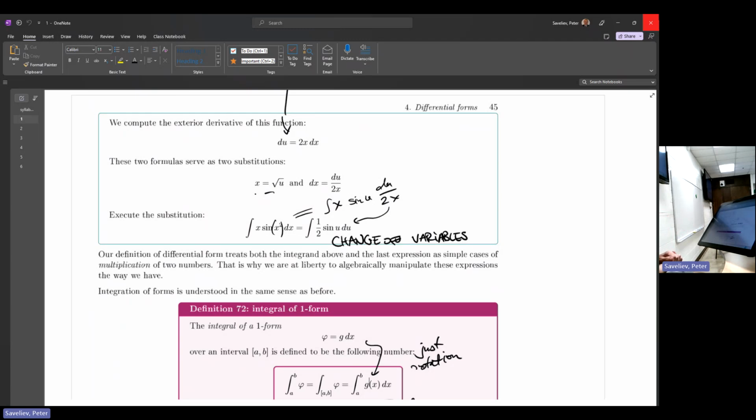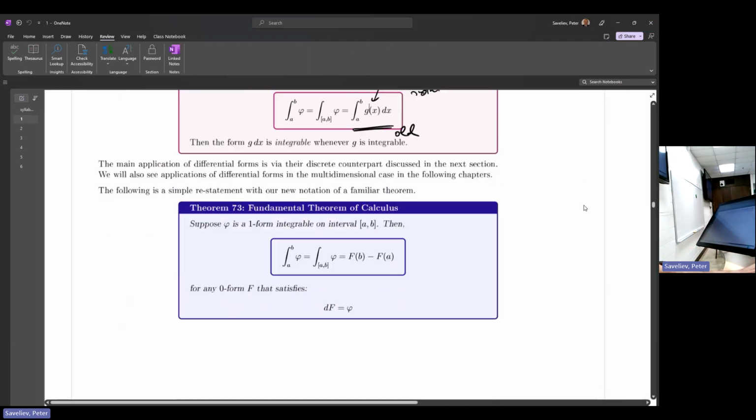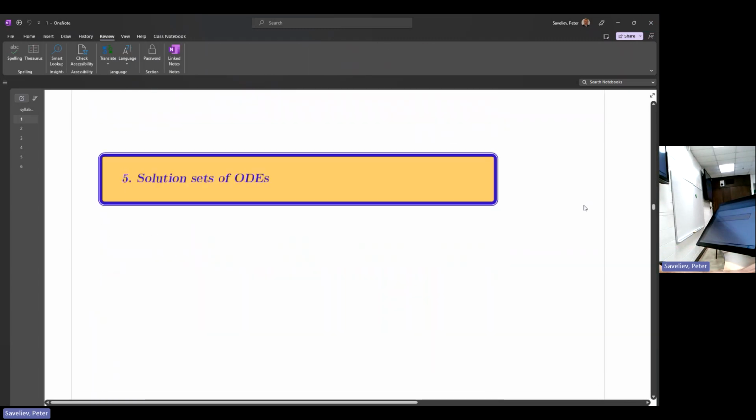And integrals are now interpreted as if there is actual multiplication there. So that sign u du is an actual multiplication sign in there. Okay, so that allows us to be more flexible. I think it explains a lot about integration. All right, so the next topic is one of the more challenging ones: the solution sets of ordinary